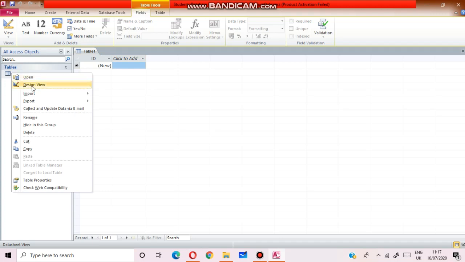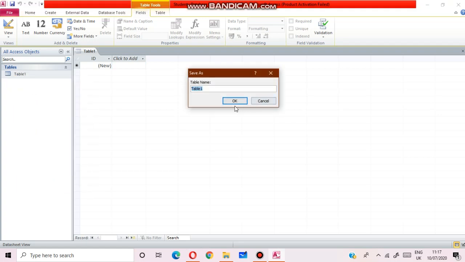Here you can see design view. Table 1. You can give the name student information.